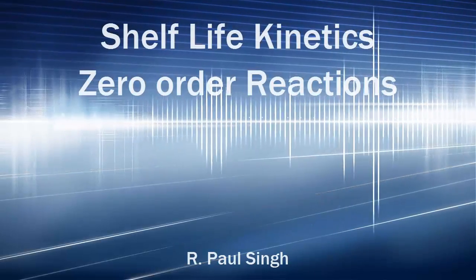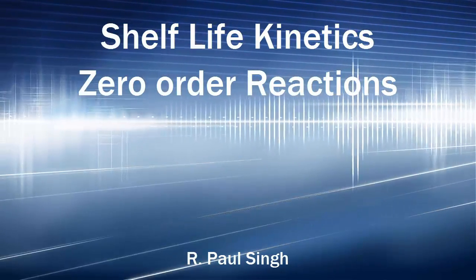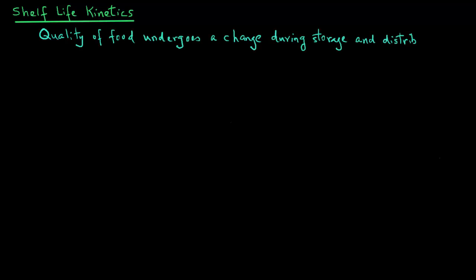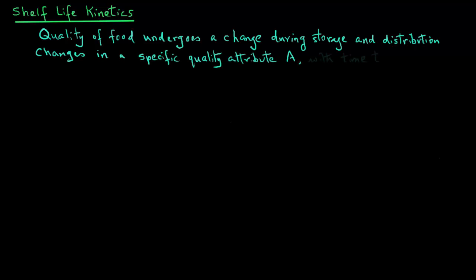In this module, we will use principles of chemical kinetics to help us in predicting shelf life of foods. As we have seen in other tutorials, that quality of food undergoes a change during storage and distribution. Changes in a specific quality attribute, let's say A, with the time t, can be mathematically shown using chemical kinetics